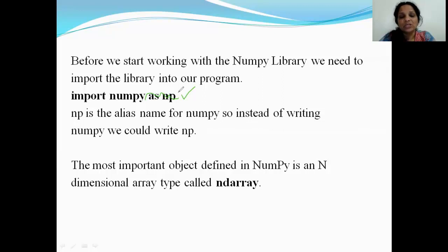Similarly, I've written import numpy as np. So what does this np mean? That it's another name, an alias name for numpy. And wherever you had to use the word numpy, you could write np. Is that clear? And why did I write np? Could I write XYZ? Yes, you could write anything, but np is the most general alias name used for the numerical Python module. Is that clear? Okay. Let's go ahead then and see what's next for us.